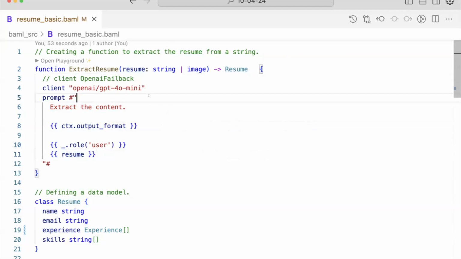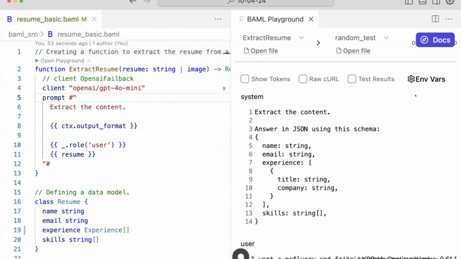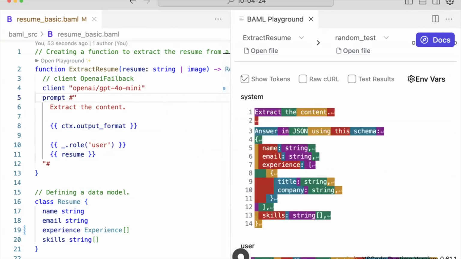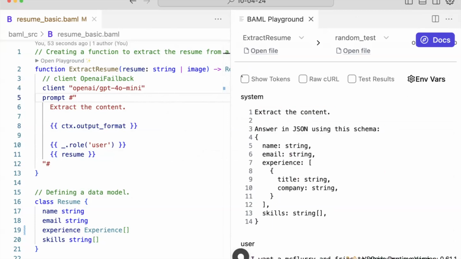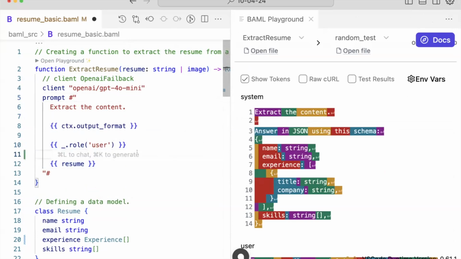Now what's really important in LLMs is you better be looking exactly at what your prompt is. We built that right into VS Code. You can see the exact prompt right here, so while you're editing, you will be able to see everything. Not only that, you'll be able to see your tokens. This is probably not important if you're starting out, but once you get really into it, it does matter. For example, maybe I should put a dash, dash, dash to surround my resume with something else.